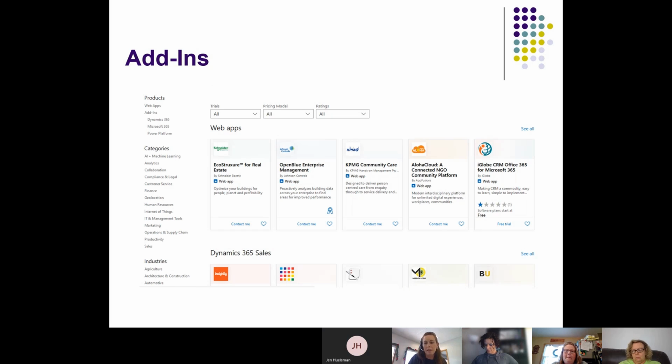So if you click on add-ins from the portal.office.com, then from here you can go through, and let's say project management is a category you're interested in, or a sales category, that's going to give you all the different add-ins that are available